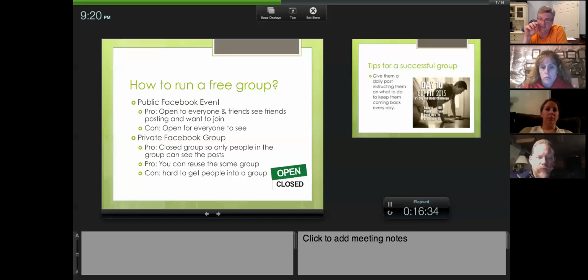Now, you can always use an event to invite people, and then you give them the link to the group, just like I do with all my trainings. I'll create an event and invite you all to the event and give you information about the event inside the event. But when it's time for the group to start, I'll give you a link to the group. Now, the great thing there is it's a closed group. Just like all of our coach groups and our training groups, people can see that you're in a group, but they can't see what you're posting. So you can post selfies, and people are a lot more comfortable.